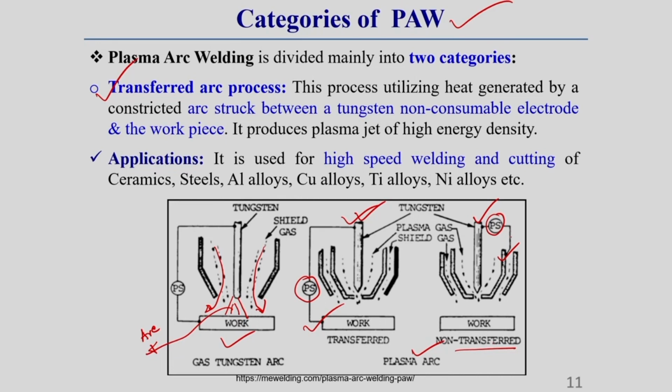In case of non-transfer mode, this terminal is connected with the electrode and the copper nozzle, so whatever arc is developed, that arc is generally constricted in between this copper nozzle and electrode, correct? Whereas in case of transfer mode, here the arc is created in between this electrode and workpiece. So once this arc is created between electrode and workpiece and passed through this copper nozzle, the arc generally gets constricted. That means arc diameter reduces, and it makes the arc uniform in diameter,